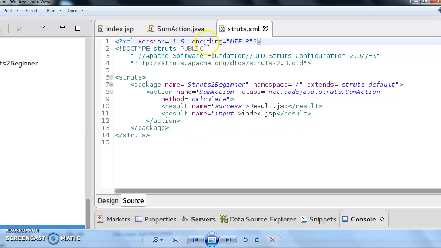So this is all about struts.xml. Remember, struts.xml is one of the important files which will show you how MVC, that is model, view and controller, works.